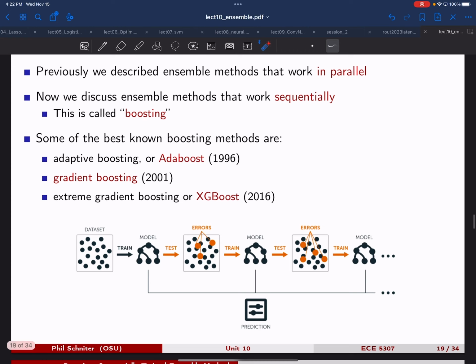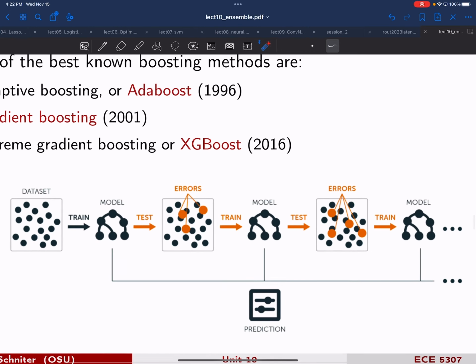And there's a bunch of methods that do this, but more or less, they go like this. You start with your data set. You train the first model, and typically these are going to be trees. Trees are flexible and fast and powerful and so on. But you could actually try this with other things like neural networks too. But anyway, so you train your model, and then you look at the results on the training set, and you'll notice, you know, maybe you made some mistakes on your training labels. And then what you'll do is you will,